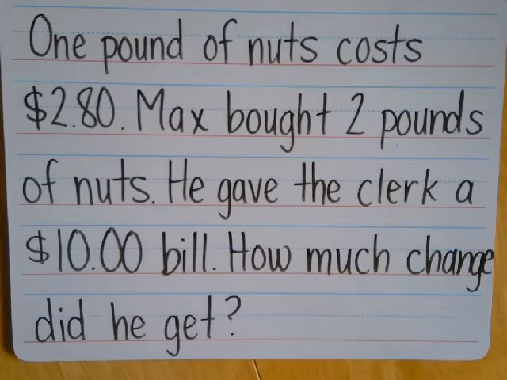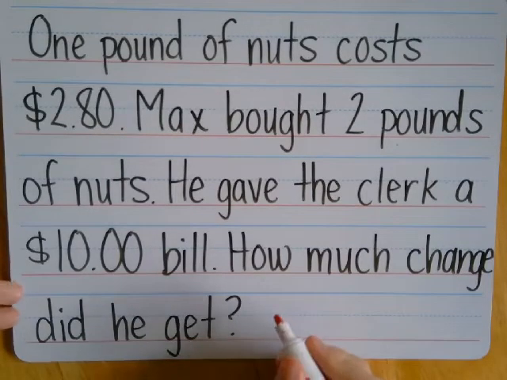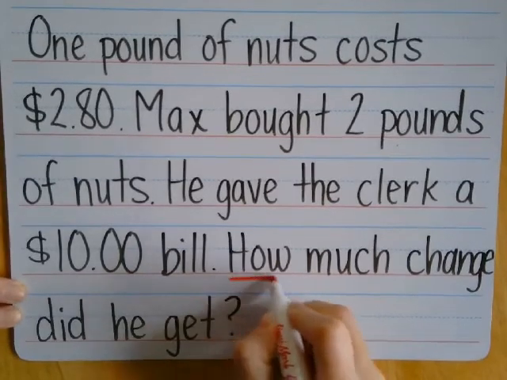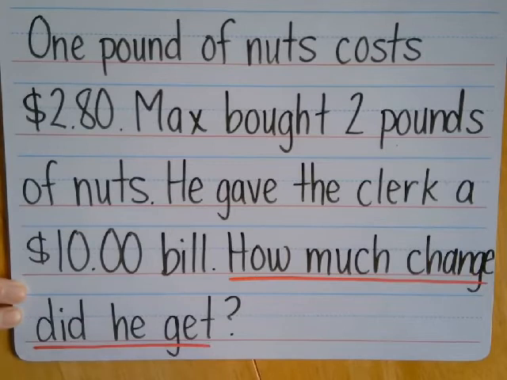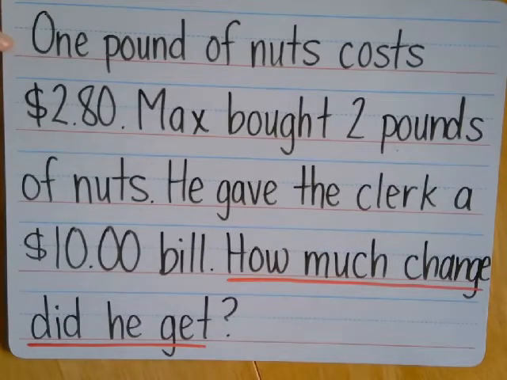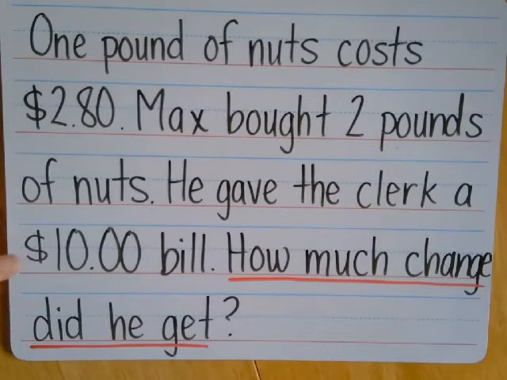So again, multi-step word problem here. Let's see, what it's asking us is how much change did he get? So he bought nuts. They cost a certain amount of money. He gave the clerk a $10 bill, and they're asking how much change did he get? So after he paid for everything, he got some change. So in order to do that, we need to figure out